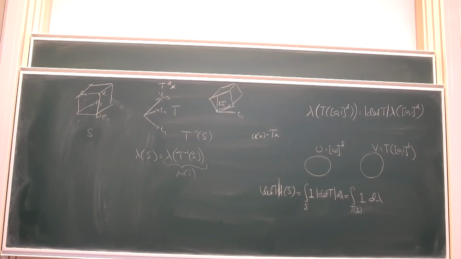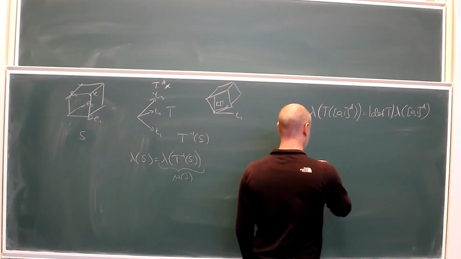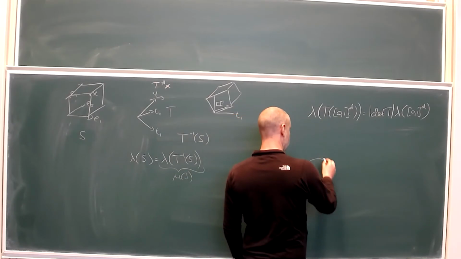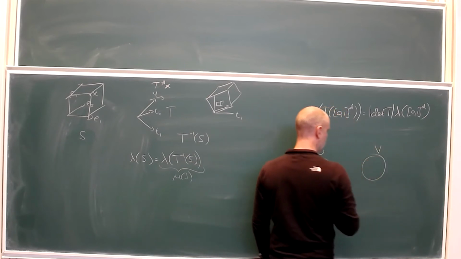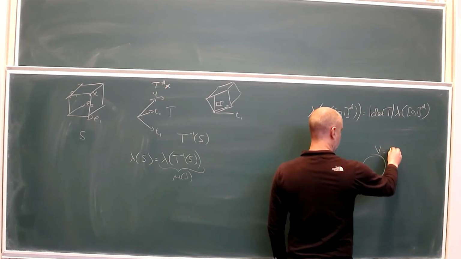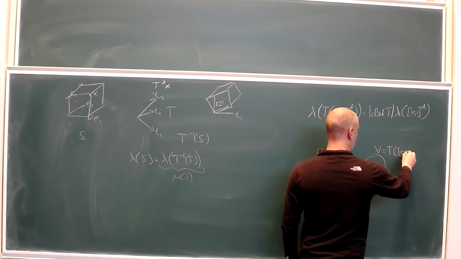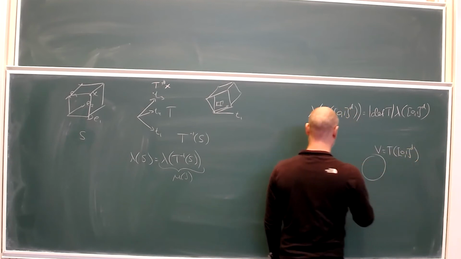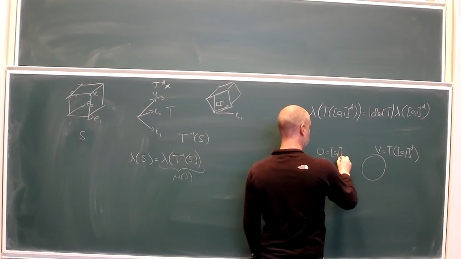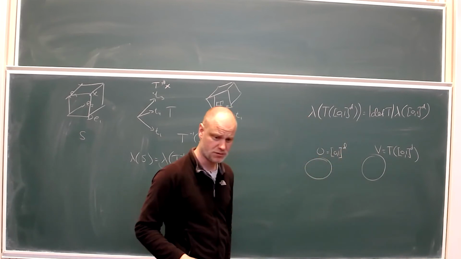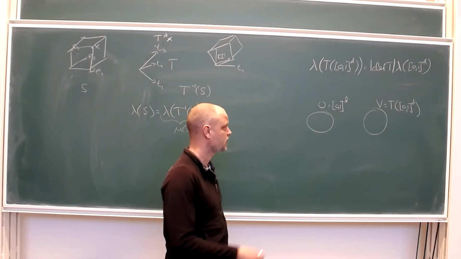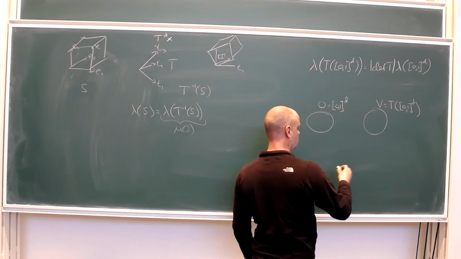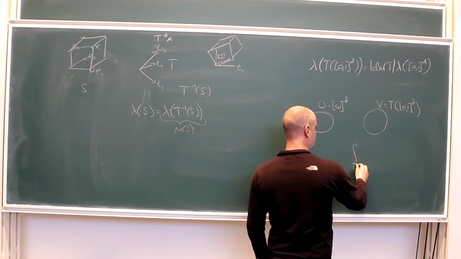So another way to prove this formula, assuming we know the change of variable formula, is to actually use the change of variable formula. So here's our U, here's our V. Let V be equal to T of the unit cube, and then U be equal to the unit cube. And we're going to repaint them. So if we do this technical, dry proof of the change of variable formula, then you see that the integral over T